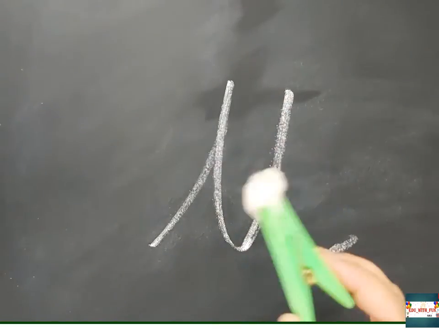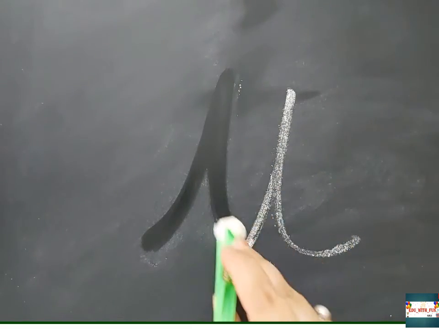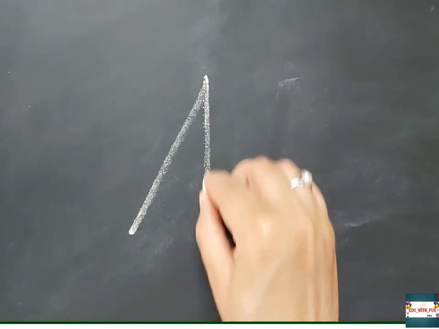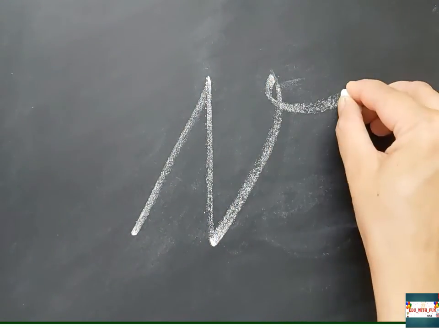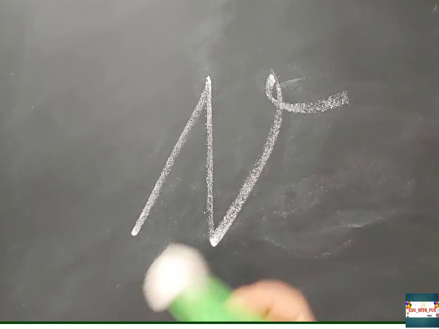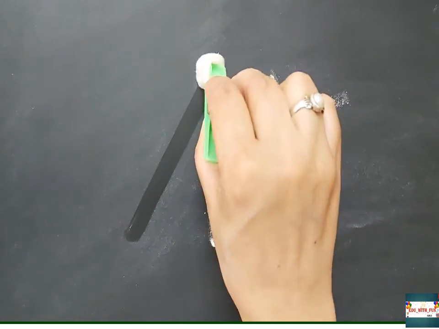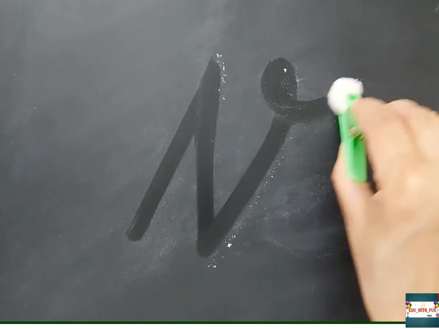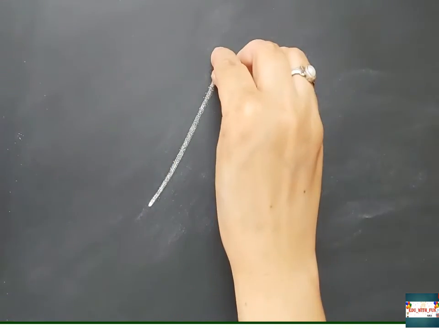Now when you write U, you can tell the child, this is the curved letter U. It's simple. But remember this slanting line which I have drawn first. Every letter has this first line which I am wiping right now. This is letter V, but the first line is to join the letter from the previous letter.